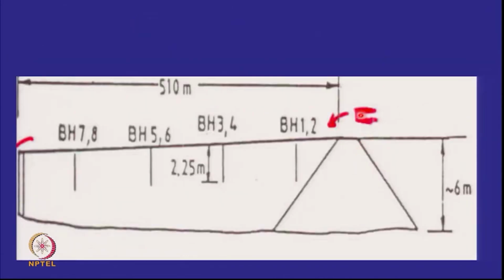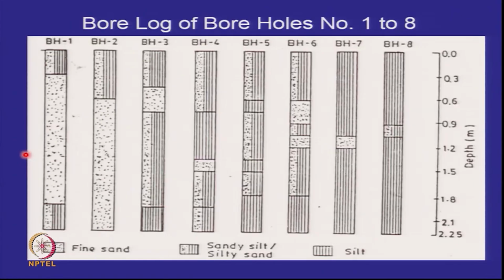So this was the inflow point. Boreholes 1 and 2 were very close to the inflow point, and boreholes 7 and 8 were very close to the overflow weir. And unfortunately, this figure is a mirror image. So this is the inflow point, 1 and 2, and this is 7 and 8. So using the standard dotted representation for sand and vertical lines for silt, please see what is happening. When I take the samples from the first 2 or 2.5 meters from the top, the bulk of the samples at the inflow point are sand size with some silt. But as I travel to the outflow point, the bulk of the samples have predominantly silt sized material, very little